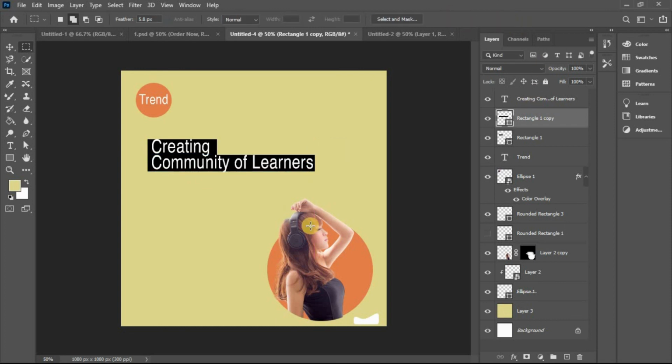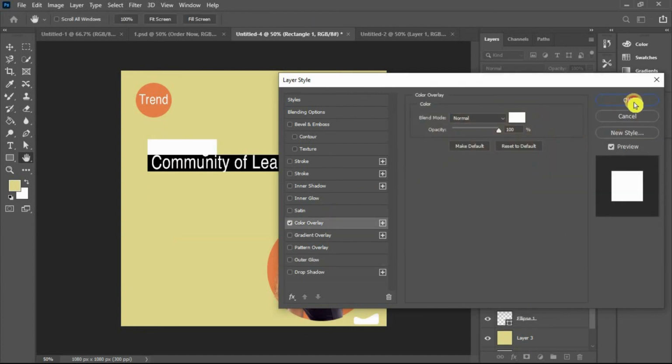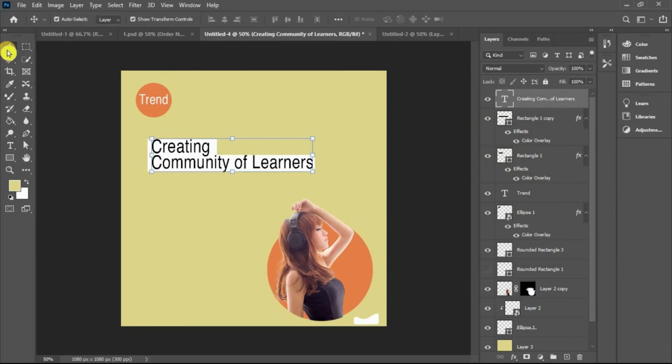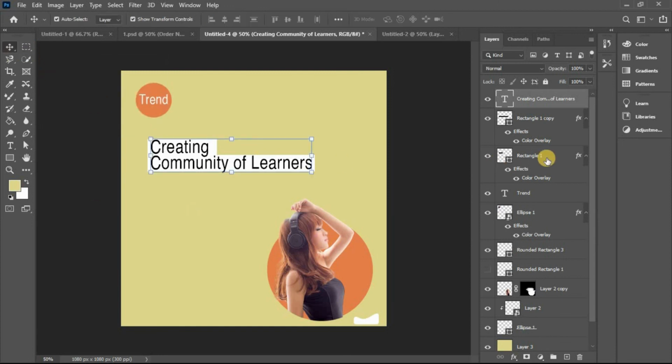Okay. Change the color of the rectangle to white because it is not looking too good. Okay, and adjust it. Adjust the triangles also.